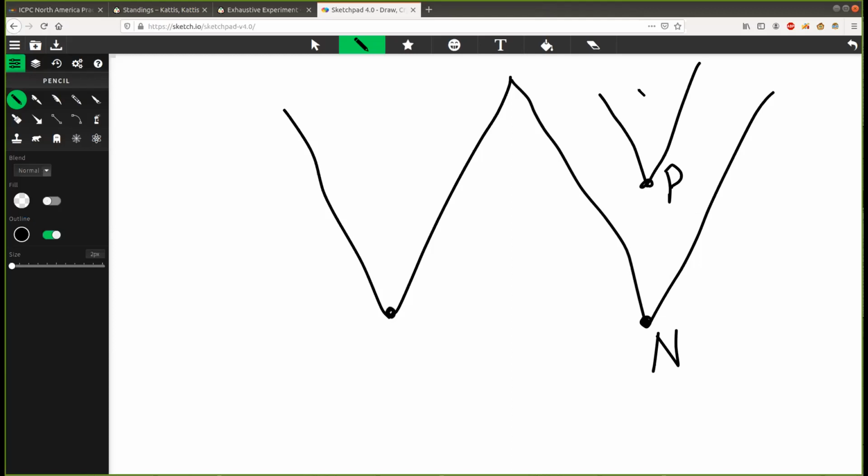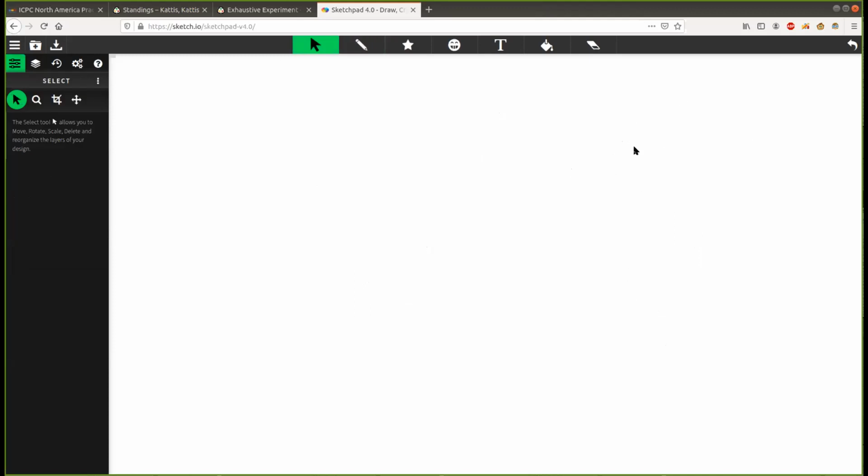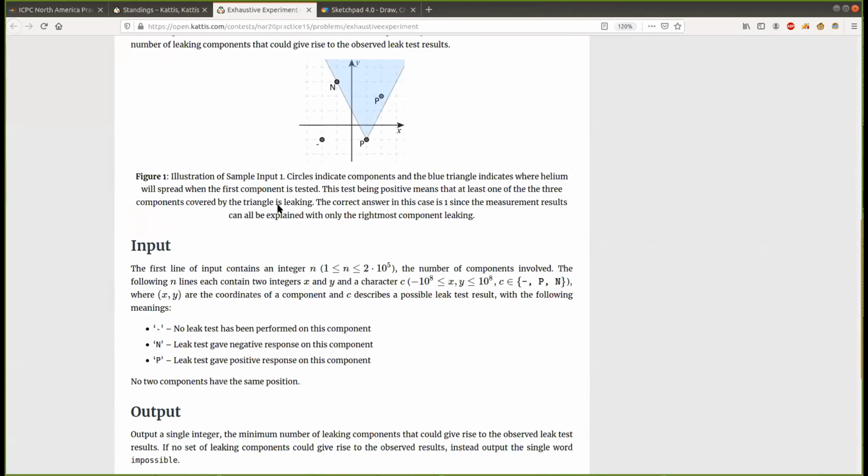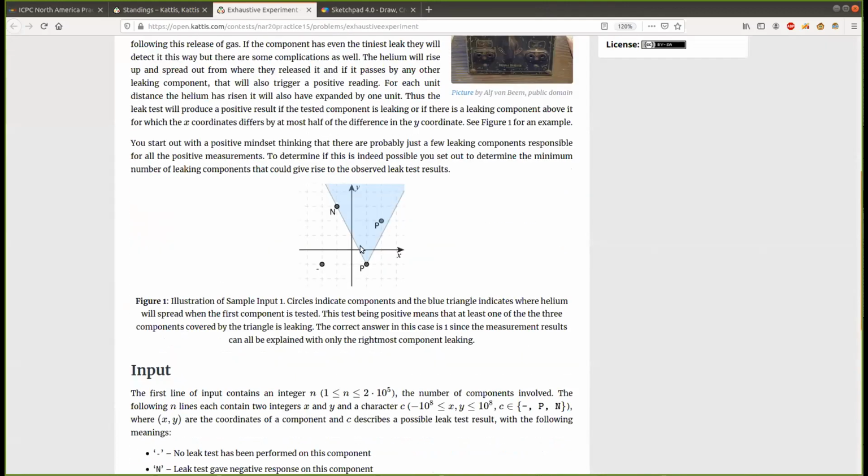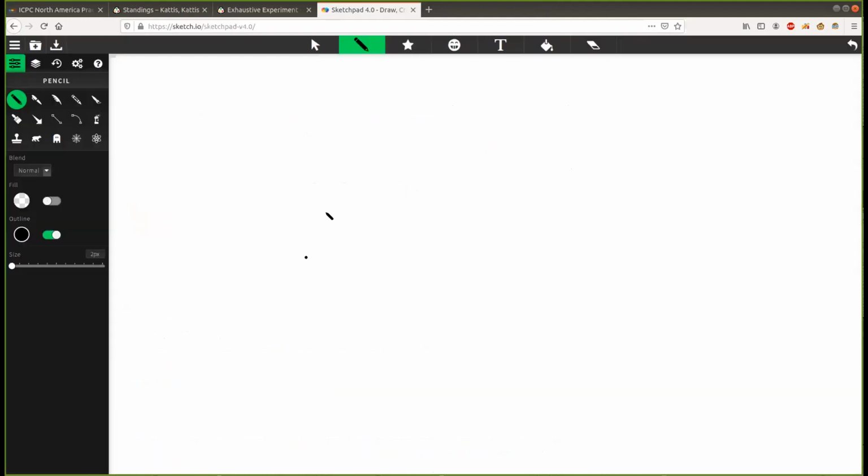So if there's a leaking component here, the negative test should have spotted it as well. The first thing I do is address the most annoying part of the problem, which is that there are these random two angles that they chose. And what we can actually do is say, for a point XY,